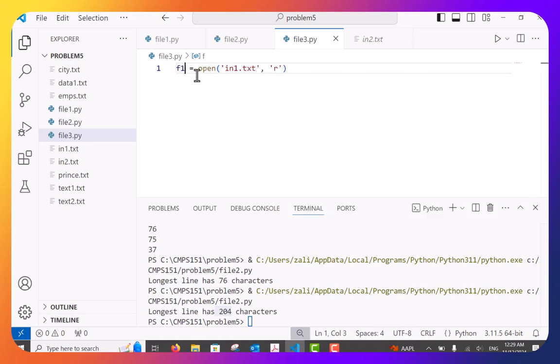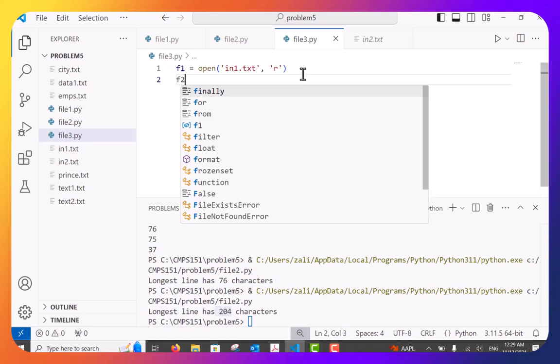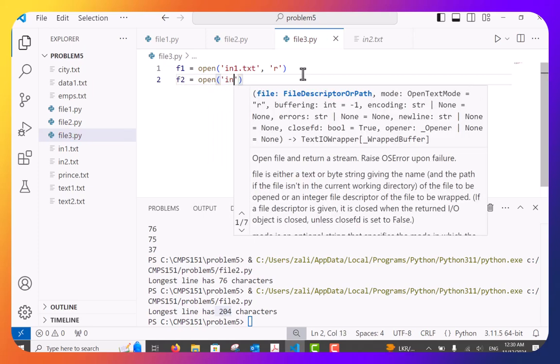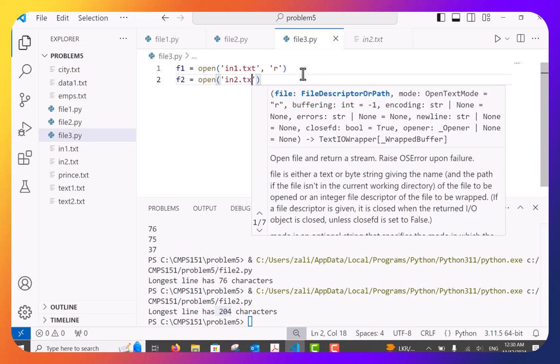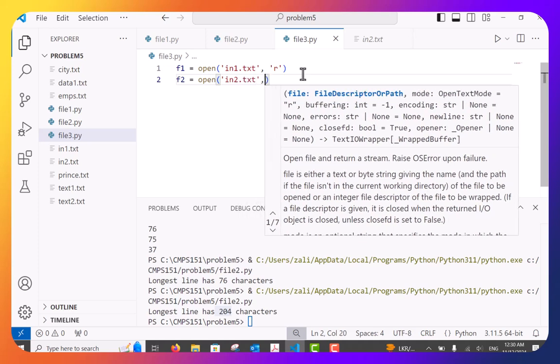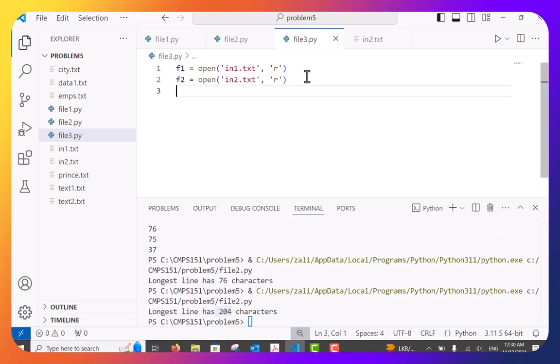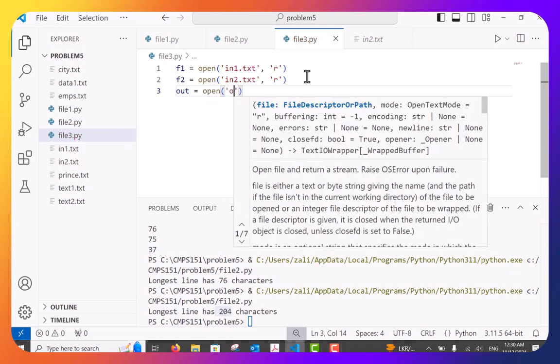And let me call it F1. And F2 is equal to open in2.txt, and again for read mode. Now I need to open the output file. I'll call it out equal f.open out.txt